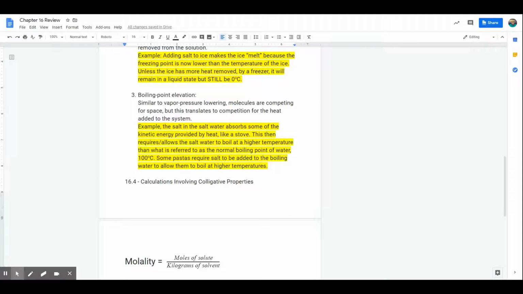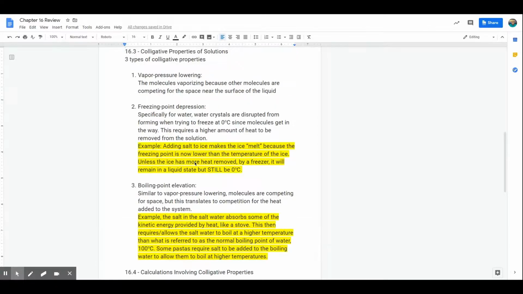So the normal boiling point of water is 100 degrees, which means that water coming out of your tap, or clean water, boils at a higher temperature. So pastas, some of them require a higher boiling point, so in the directions they require you to add salt. So just to review really quick, vapor pressure lowering,